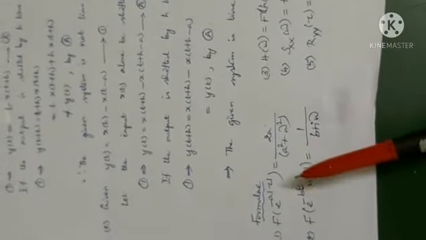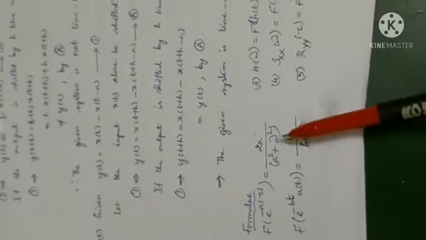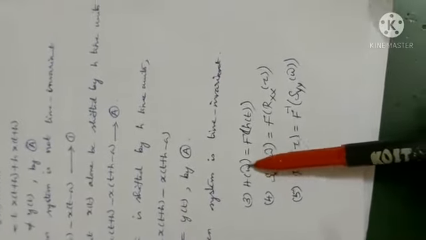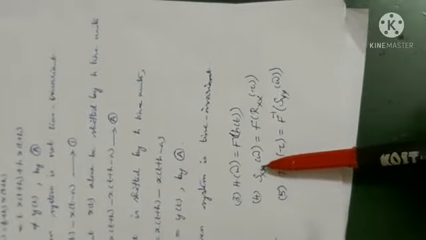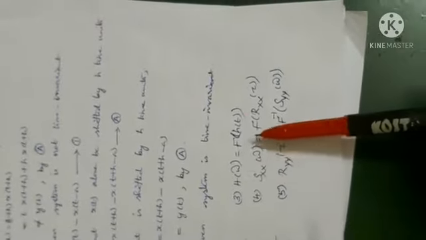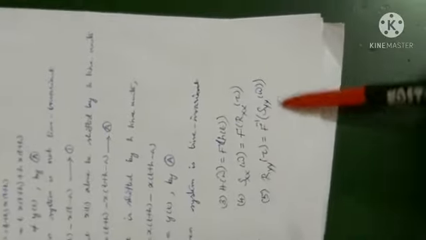Let us see what u of t is in the next class, okay? 1 by b plus i omega. You learn it as a formula. And we know h of omega is the transfer function, which is the Fourier transform of the system response. This is the power spectral density of x of t, which is the Fourier transform of r xx. These two we have already studied in the fourth unit, okay? Fourth unit. So I just recalled it for you, okay?